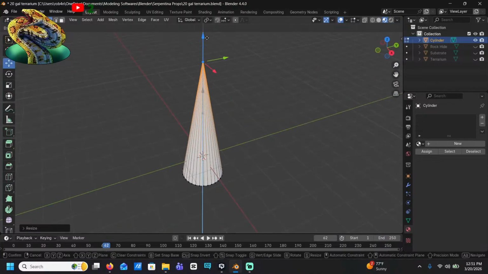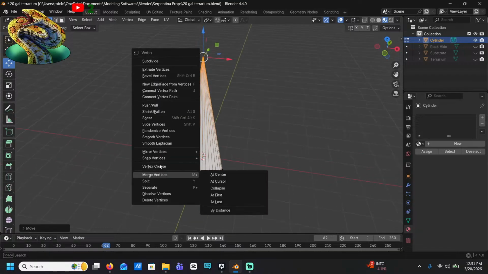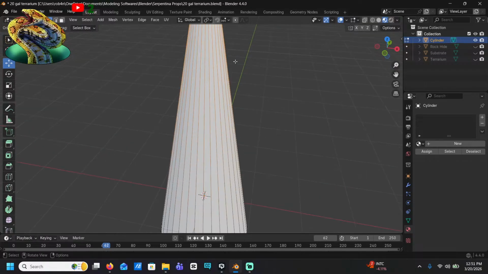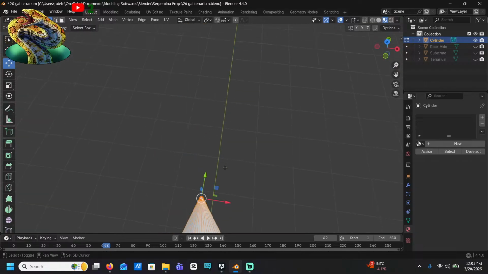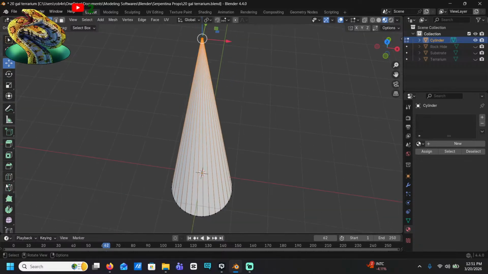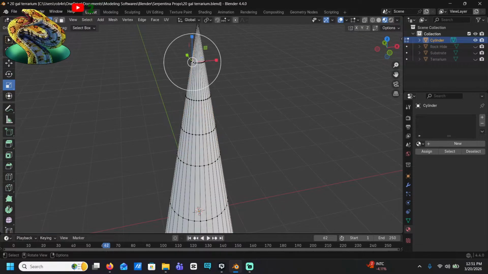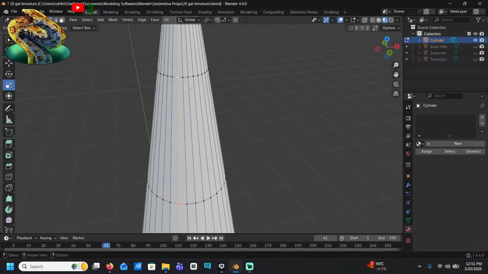I'm gonna figure out how to do this, and when I do... Okay. F fills them, I think. Yeah, that filled them. Okay, cool. Righty, now I need to do loop cuts. Like this, and this, and this. Maybe one up here and here. Okay. Ah, this is gonna be a pain, isn't it?